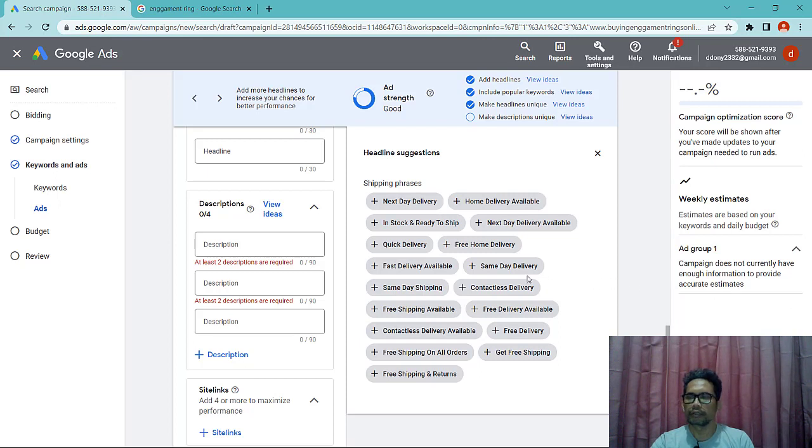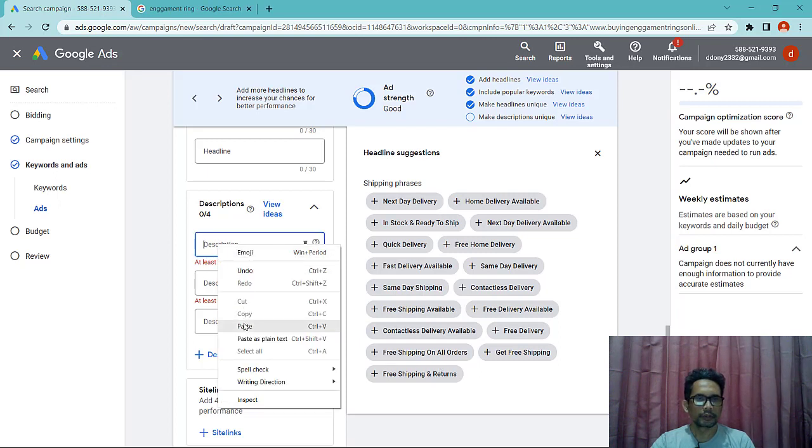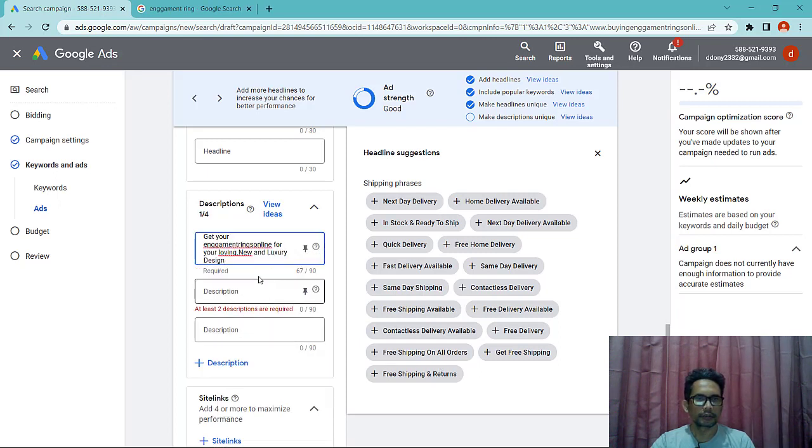The system tries to combine headlines and descriptions that offer new information. Okay, put in your descriptions, diverse descriptions, and include your keyword.